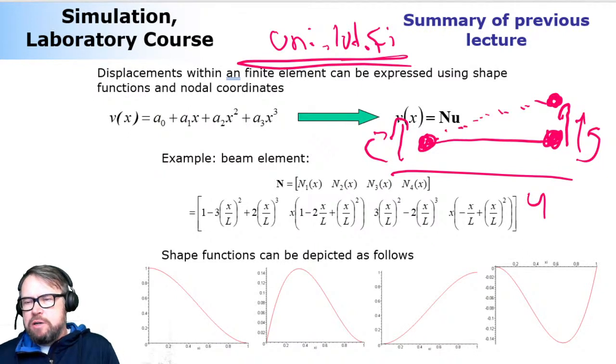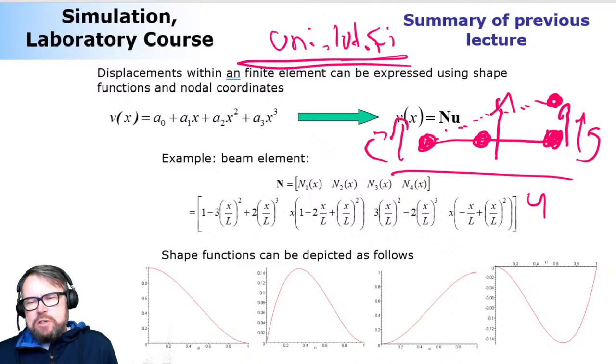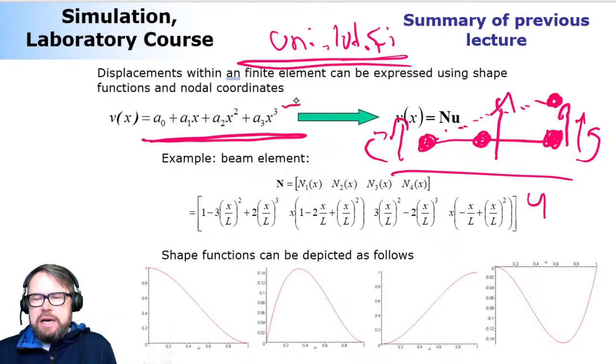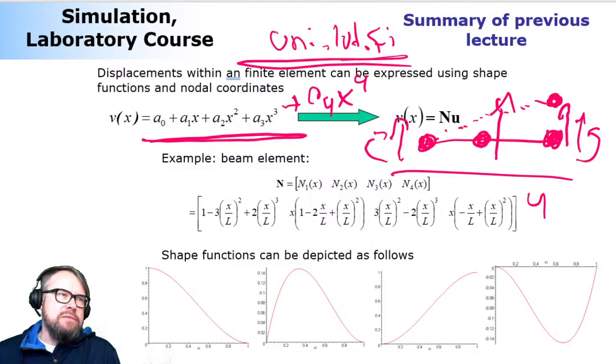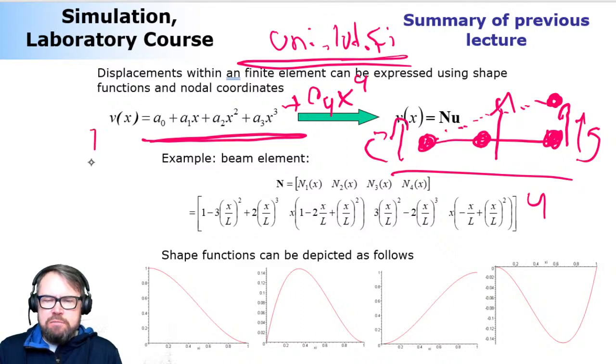Now, let's say there's going to be a node in the middle, and the node in the middle only has 1 degree of freedom, say, displacement in the transverse direction. That would mean that you need to modify the polynomial such that there has to be one additional component, and that additional component would be a4 multiplied by x to the power 4 or x to the power 5. But still one additional component, because remember how it goes? It goes such that if this is a Pascal's triangle in two-dimensional space,